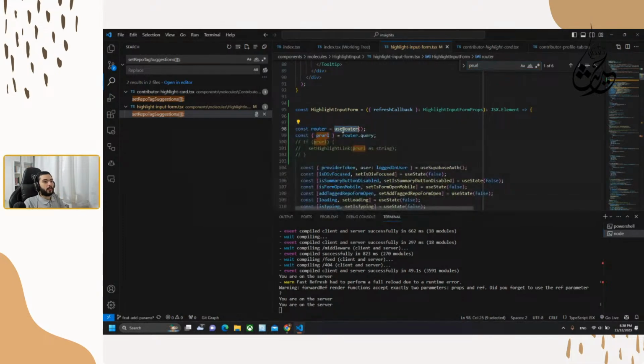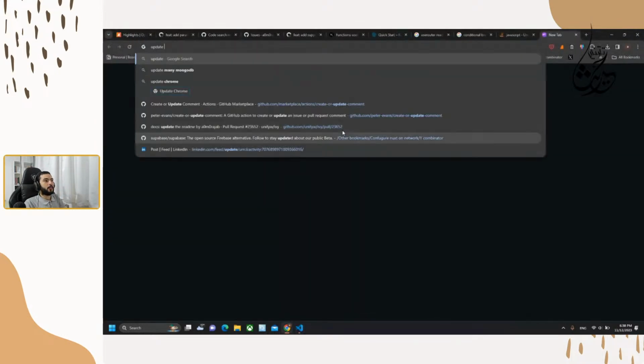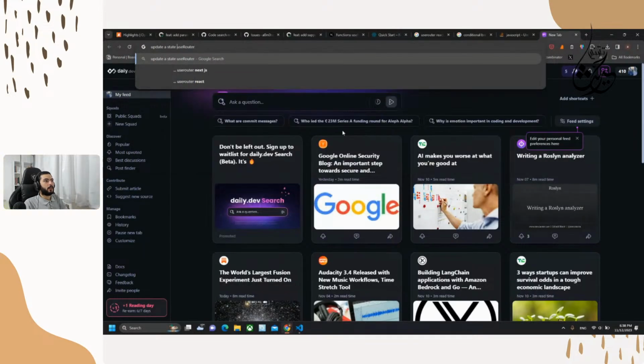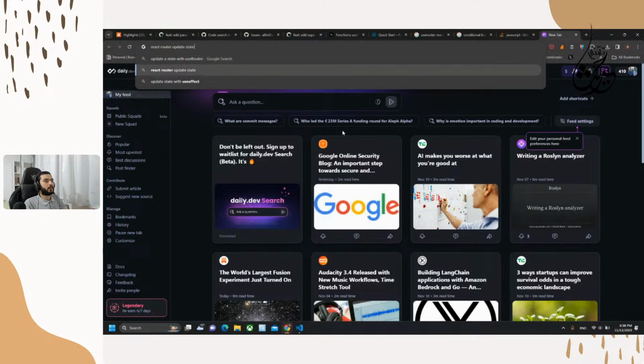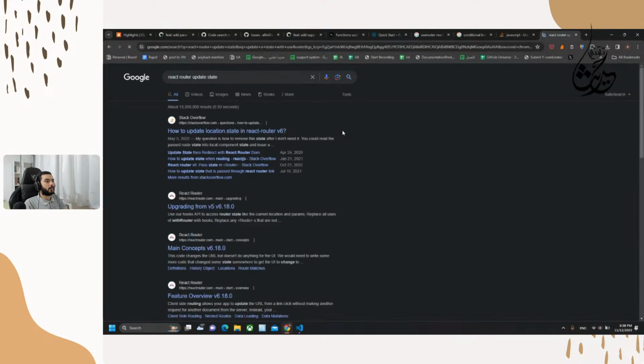Okay, let's go and Google update state with useRouter. React useRouter query update state.